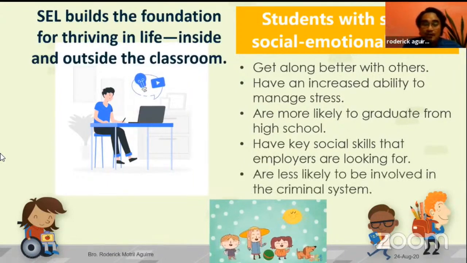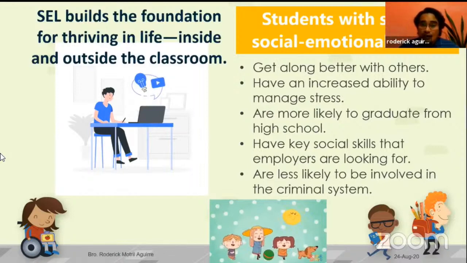Another one would be they are less likely to be involved in the criminal system. They are involved. They know what's wrong and what's right. They know who they want to be and they know who they don't want to be because they have been faced with these people and they have been interacting with these people. And those kids are no longer naive. Kids who have been secluded at home, just home and school, and not allowed to socialize with other kids, are not able to know who's bad and who's good, who's right and who's wrong. Okay, and then when they're faced with this kind of people, they're so naive, and sometimes they get used.